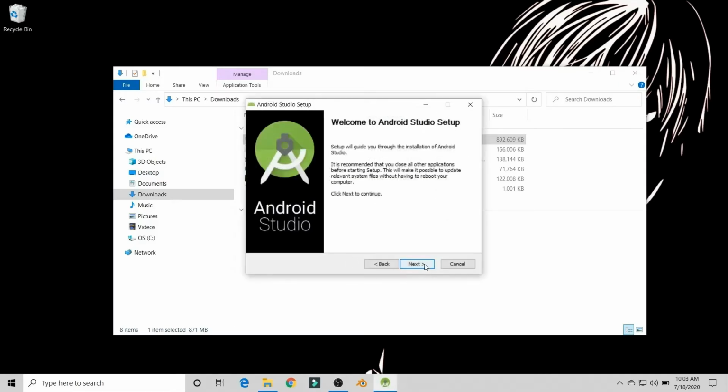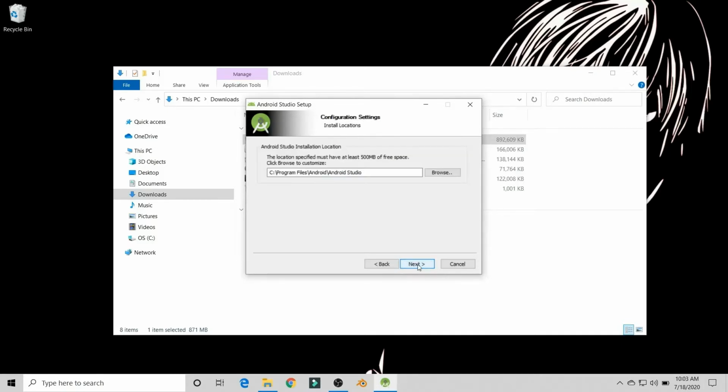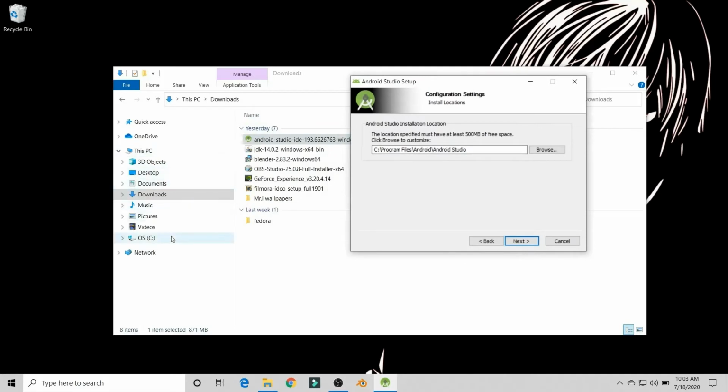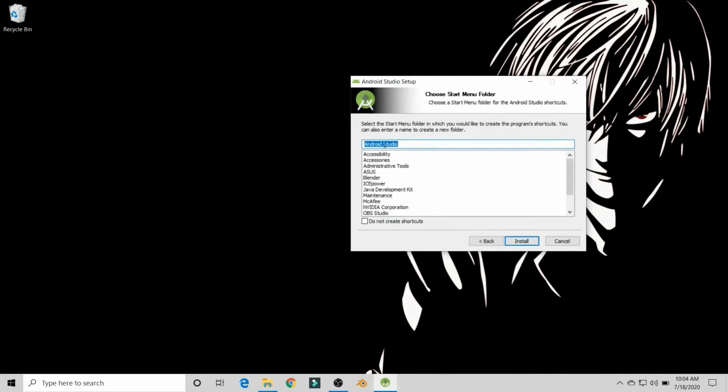There comes a box. Now just click on the next option. There is nothing we can do right here, just leave it the way it is and click on the next option. Now this says that all the Android Studio files will be stored in the C drive, so I prefer C drive. Let this be the same way it is and just click on next. The same repeats here as well, just leave it the way it is and click on the install option